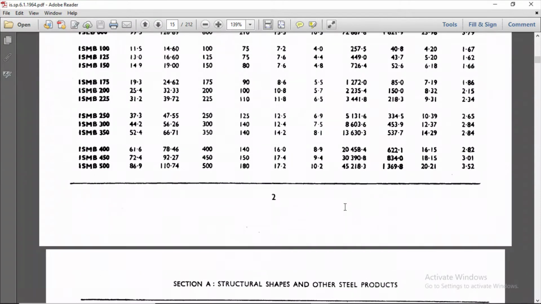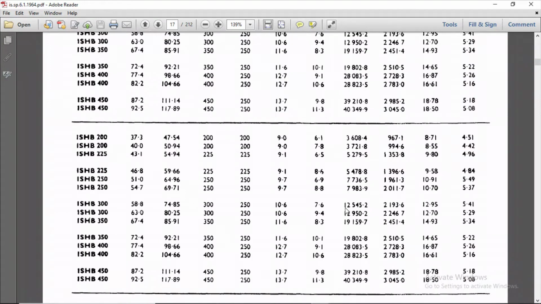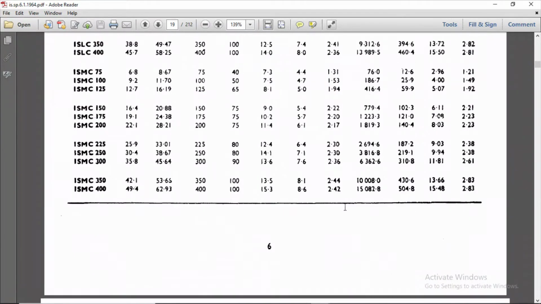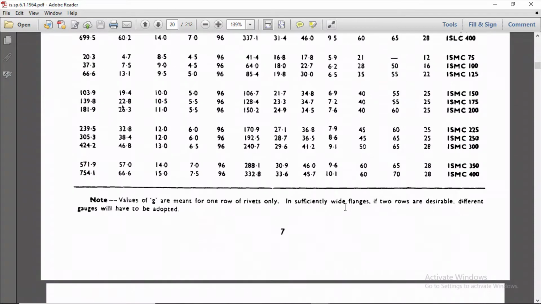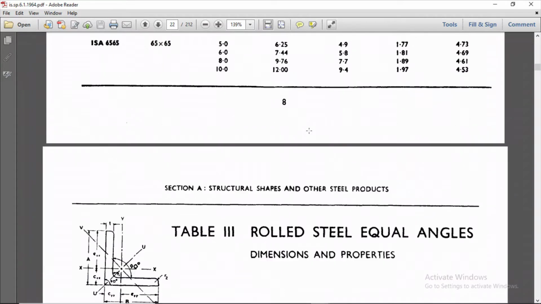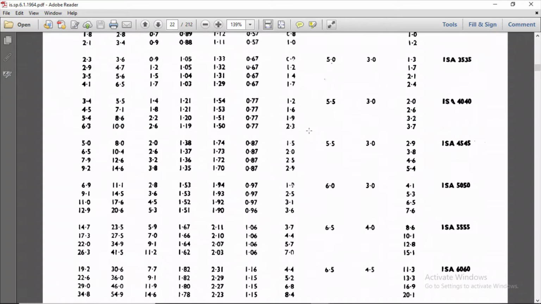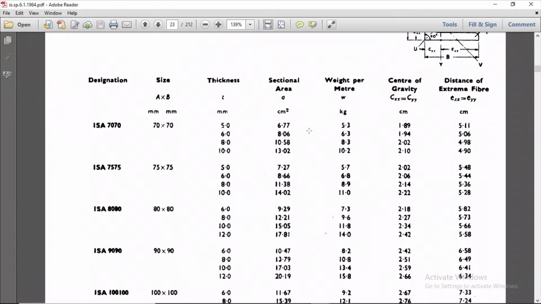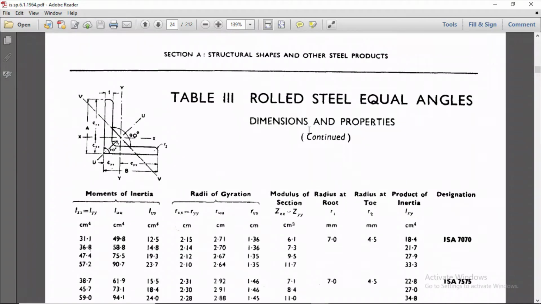So first is I sections. Let us go to angle sections quickly. Then this is channel sections. Yes, angle sections. This is equal angle section. Now it depends on the requirements of the site which type of selection you should make. I am going to select an unequal angle section here, but this depends on the site conditions or requirements or availability of the material on site. So I am selecting an unequal angle section.